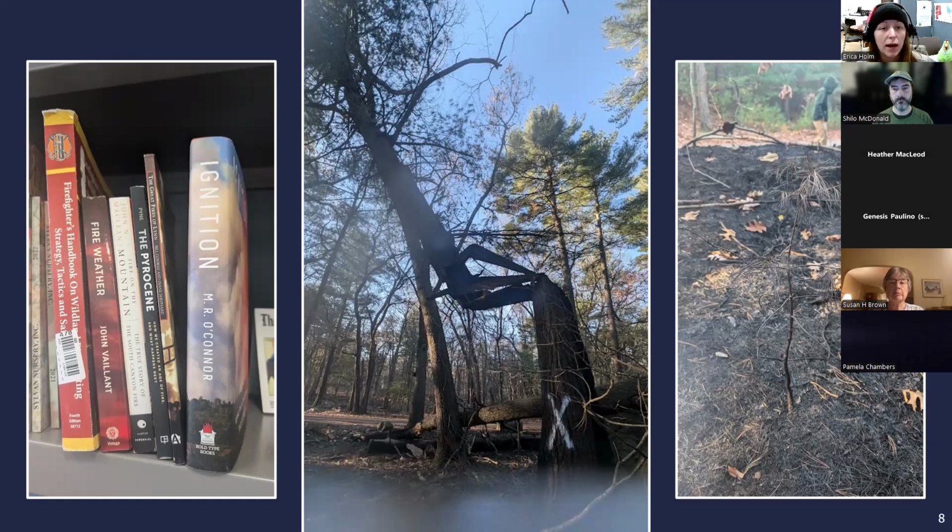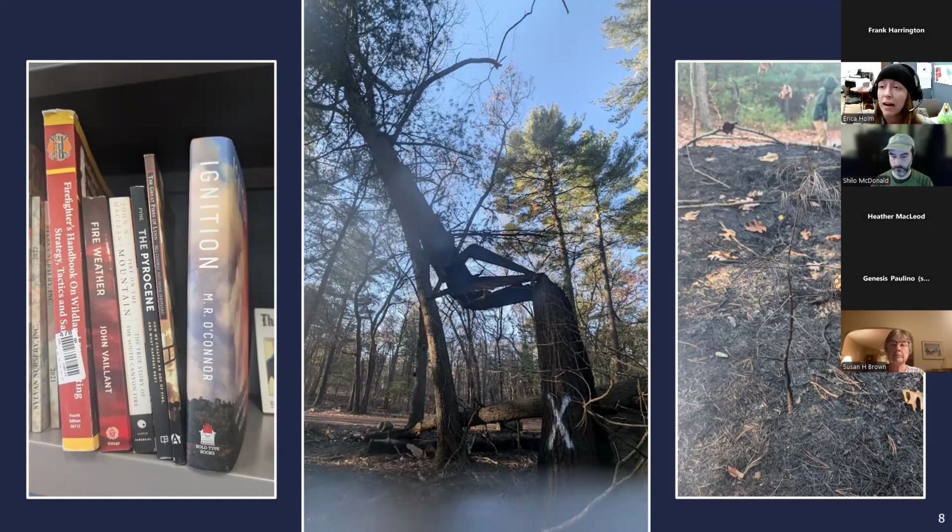And then I also happen to run a regional network of urban foresters, and I've reached out to both them and the Mass Tree Wardens, saying, "Hey, we're seeing these increasing fires. How are you dealing with this in your communities?" I've gotten some really fantastic responses from people like Alex Sherman in Springfield, Mass, who has actually applied for some state funding to write fire mitigation plans for some of his parks in Springfield. These are the types of things where we want a professional community really drawing off each other and planning for the future, as we can expect these to be more frequent.